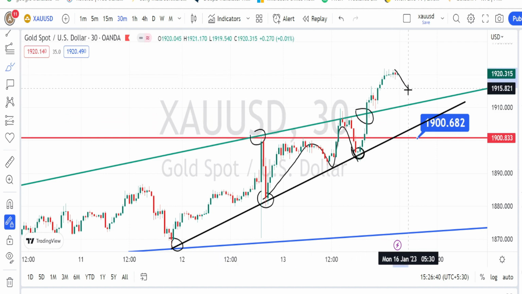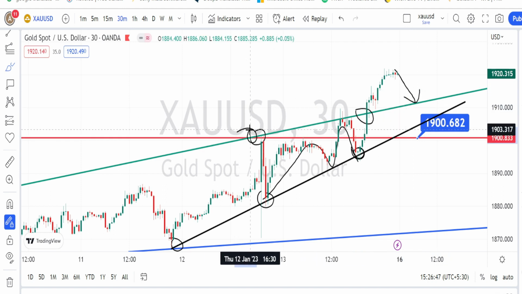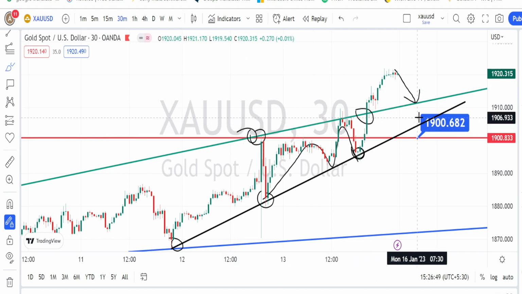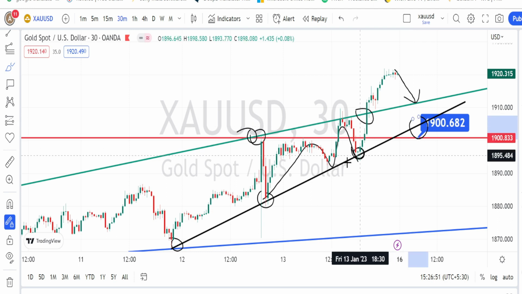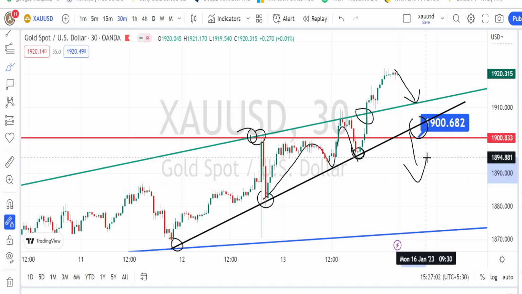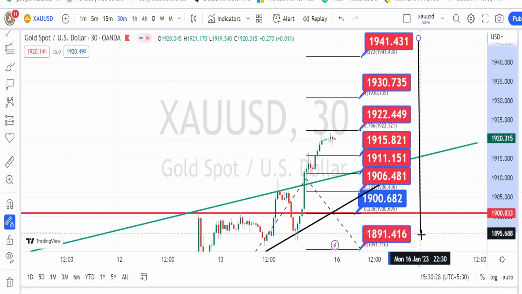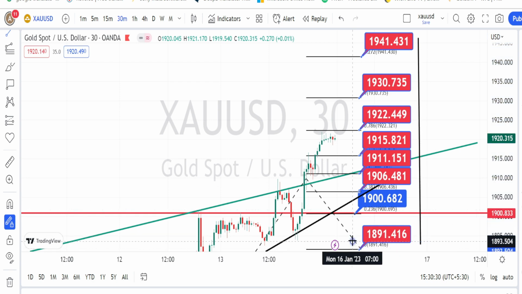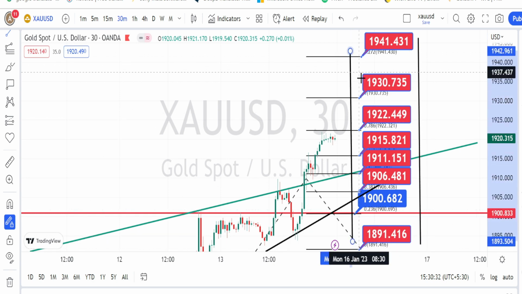So if the price action bounces back on the bearish side retracement, it has to break this hourly time frame support line and also this 30 minutes time frame trend line or the support line, after which we can expect a further continuation of the bearish side retracement in 30 minutes time frame. So the values within this red color boxes are the resistance and support levels for current price action in 30